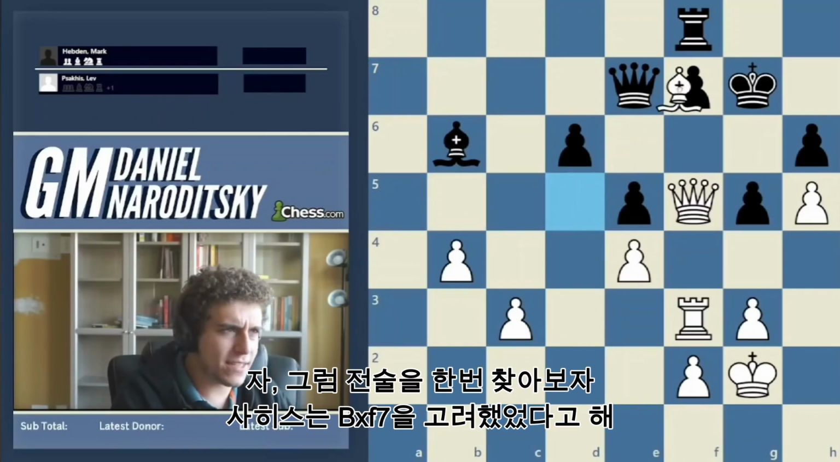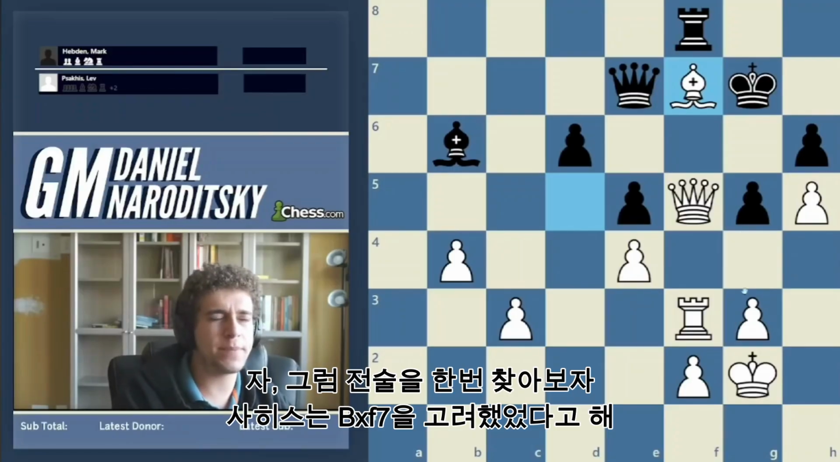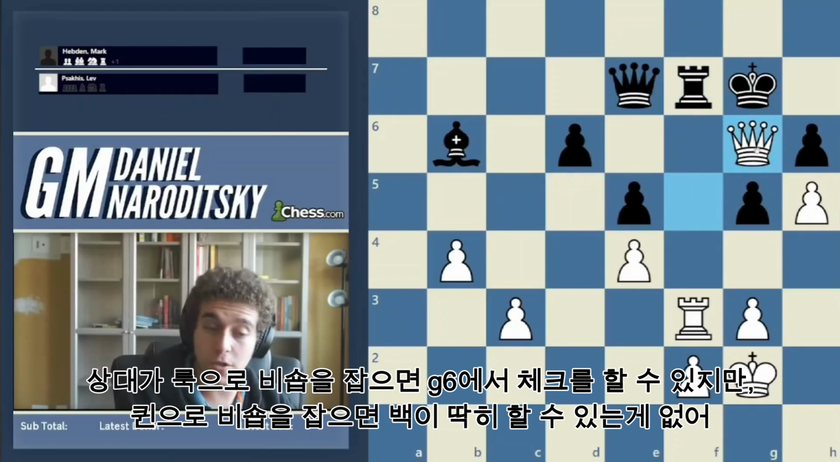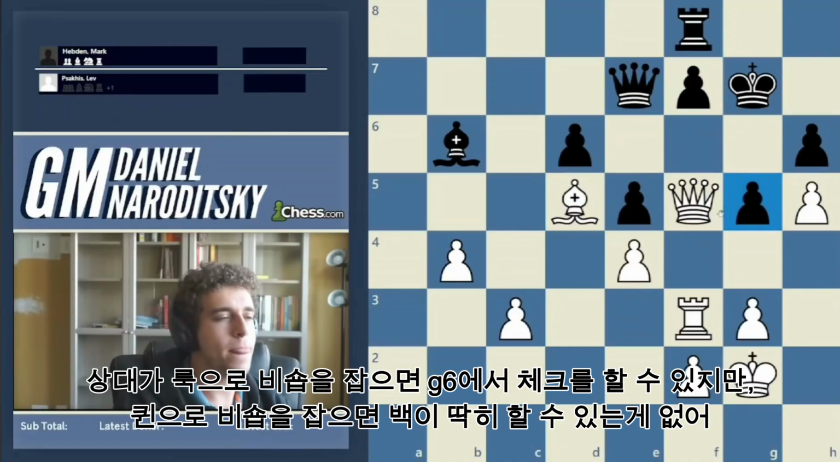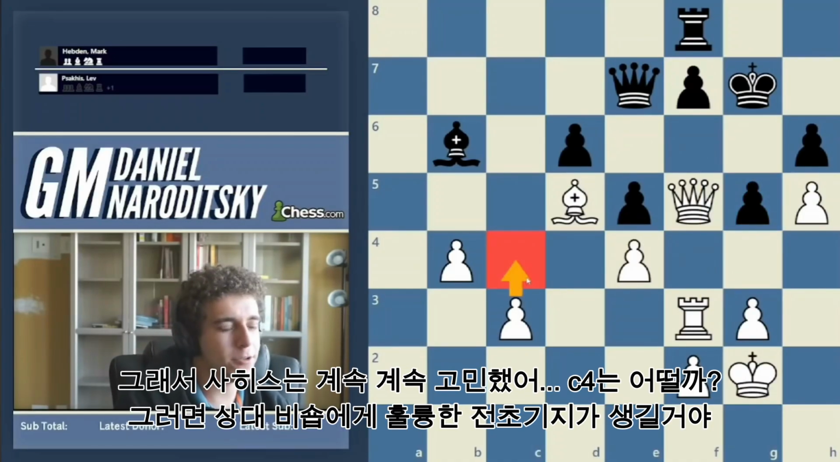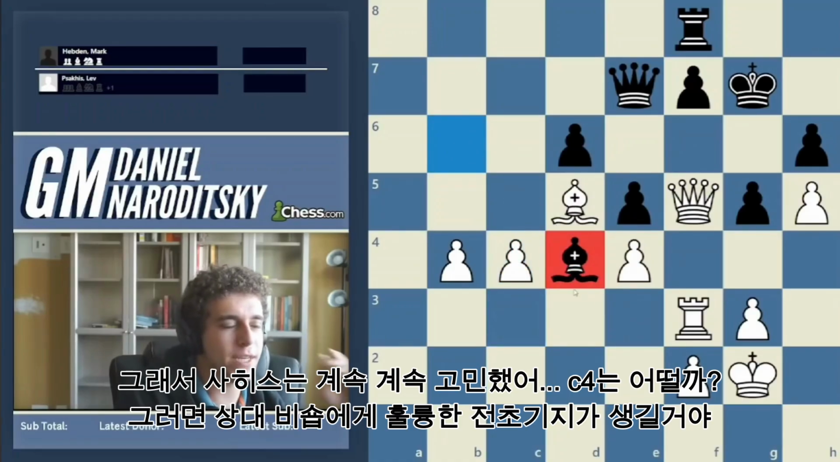Okay, now are there any tactics? Bishop takes f7 was considered by Psahis. And if rook takes f7, there's a check on g6. Unfortunately, black takes the queen, and there are no discoveries available here for white. So he thought and thought and thought, maybe go c4, but then you yield this really nice outpost for the